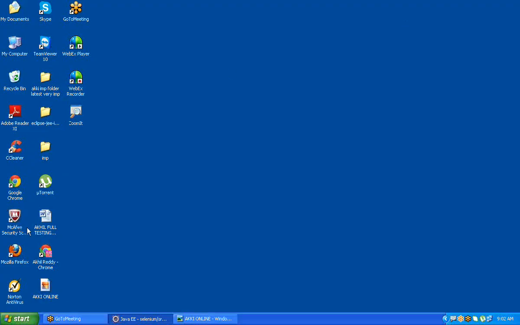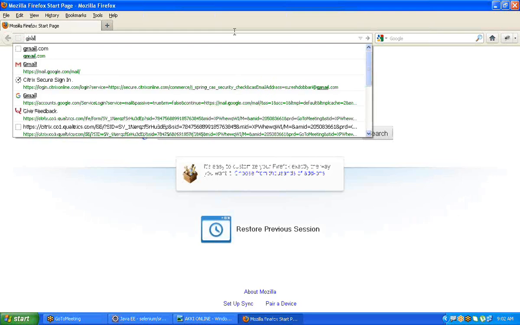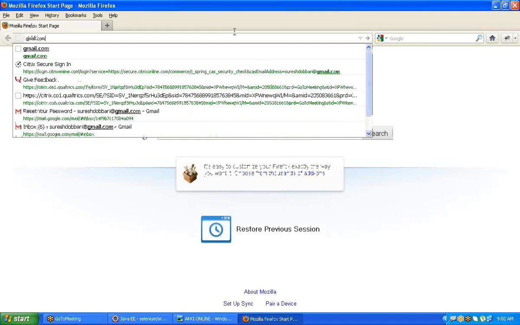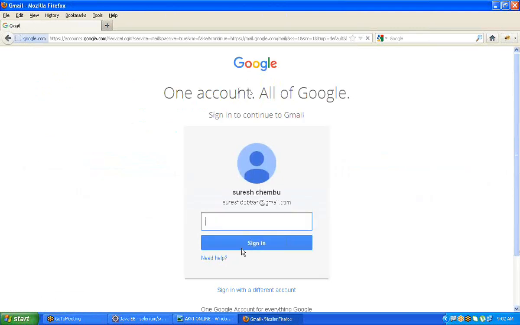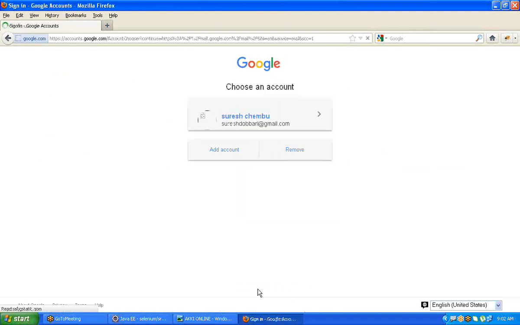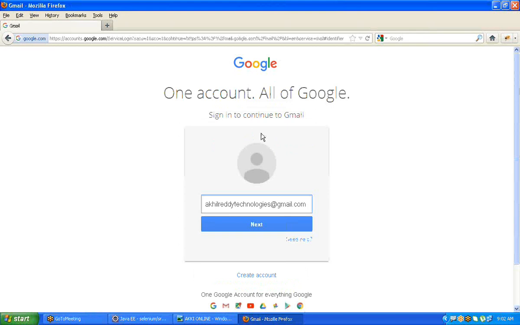Manually go to Mozilla Firefox and type Gmail. I have already installed Firebug and Firepath. Using Firebug and Firepath, we can get the XPath of the web element.